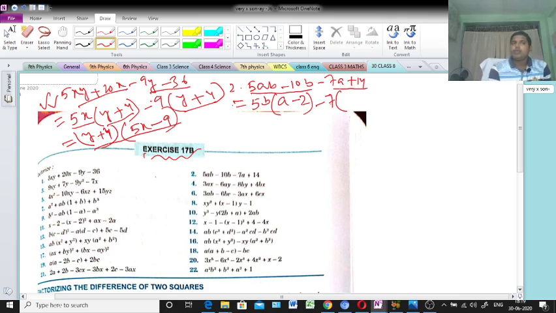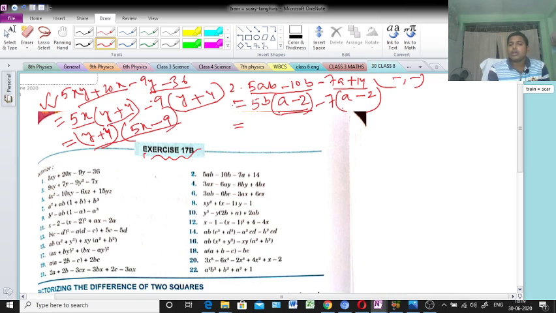Clear? So if we take the common minus 7, what will come? Here a will come. Clear or not? A will come. Next, here plus, we have taken minus, which means minus will come, because I told you before, minus minus is what? Plus, no? Plus means how many minus are there? 2 minus are there. 1 minus I have taken here, so another minus will come here. Clear? And from 14, 7 taken, so 2 will come.